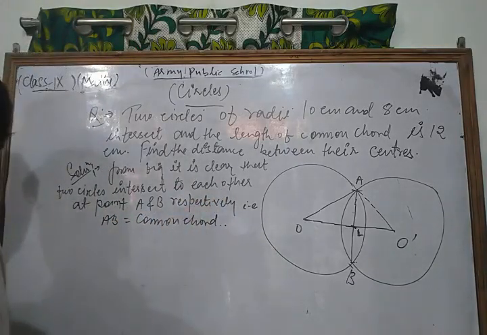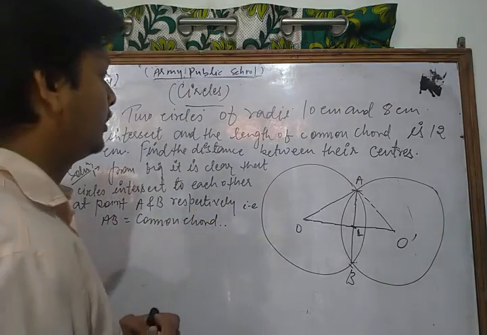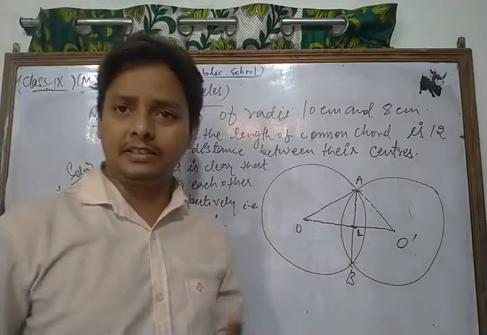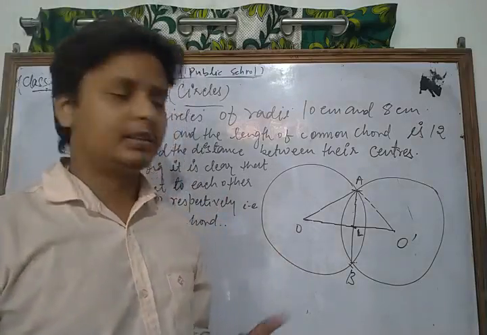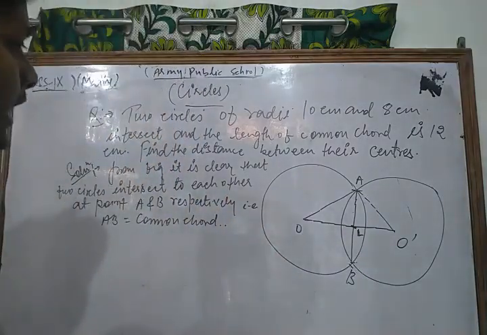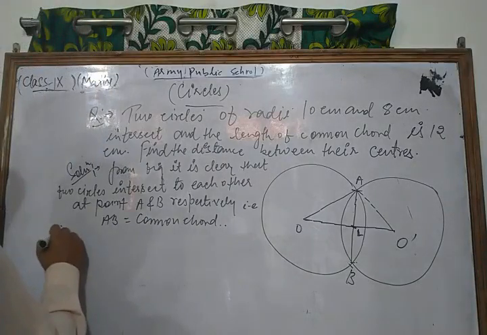AB is what? The common chord. Okay, and we find what? We find the distance between their centers, which means we find OO dash. Okay, so for that, dear friends, we know that